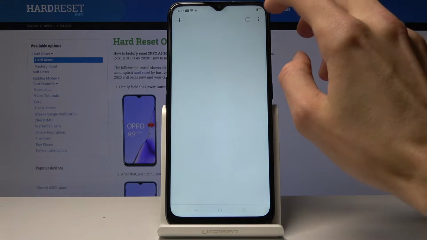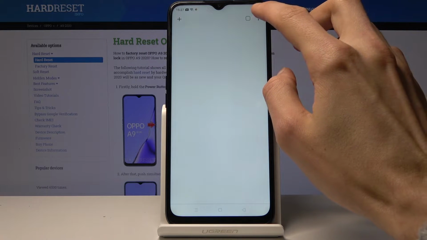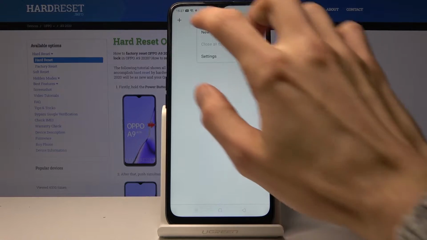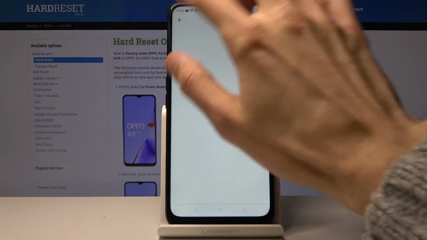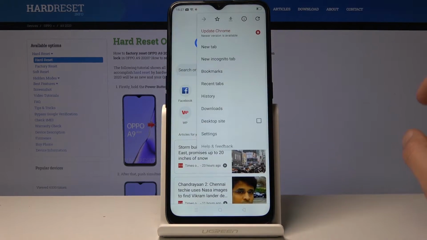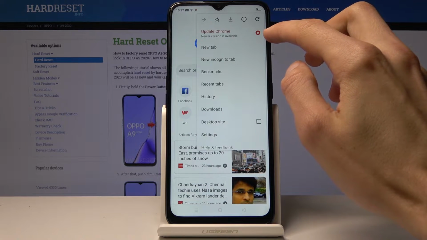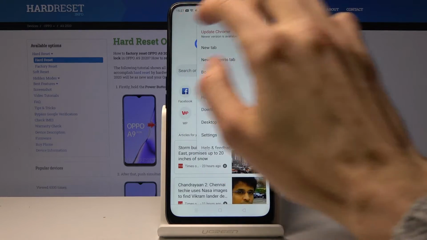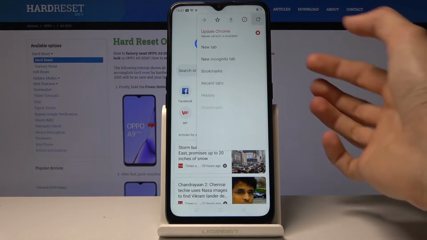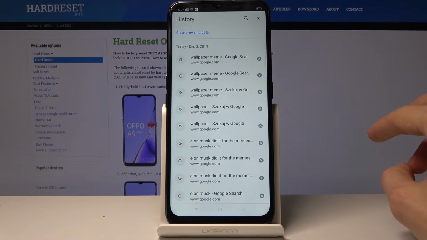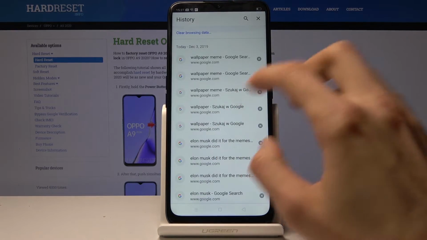and from here tap on the three dots or a red arrow, depending on what you see in here. Let's actually open up a new tab, and there we go. So you can either see this little red arrow, as you can see right here, or just three dots. So tap on it and go into history, and from here you can either delete it individually by tapping